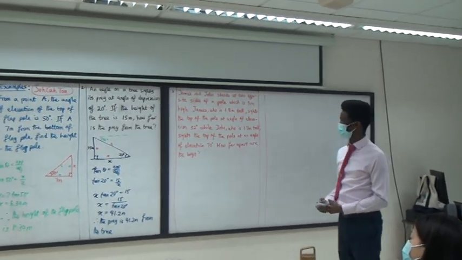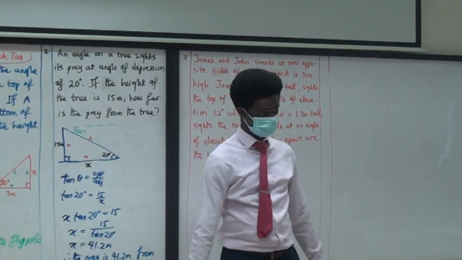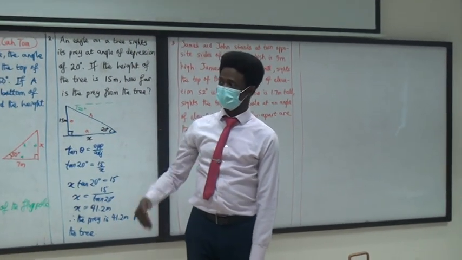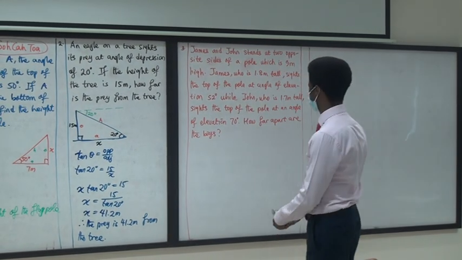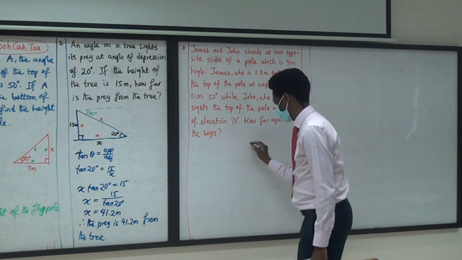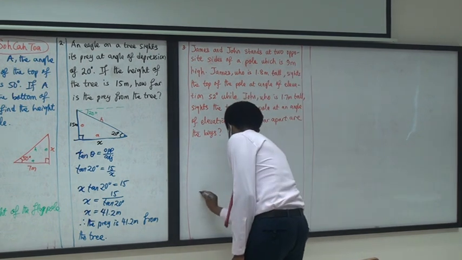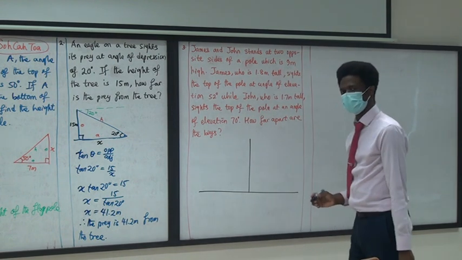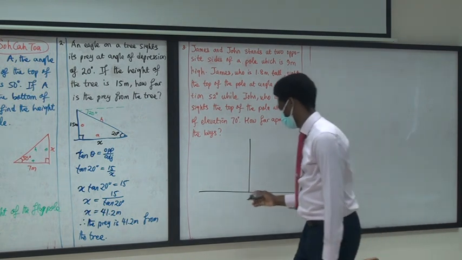James and John stand at two opposite sides of the pole. Maybe it's a flag. Maybe they are military officers. The pole is in between. James on one side, John on another side. So when we draw our picture, let's say this is the pole. You can represent the base already. And because we are discussing the height of each of them, again,